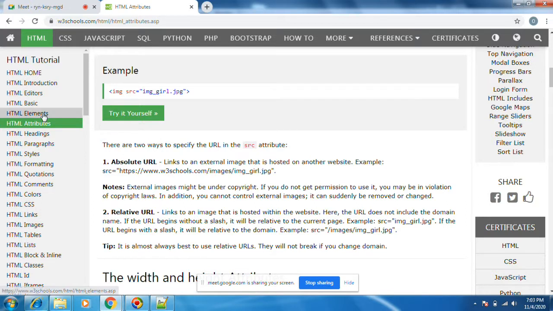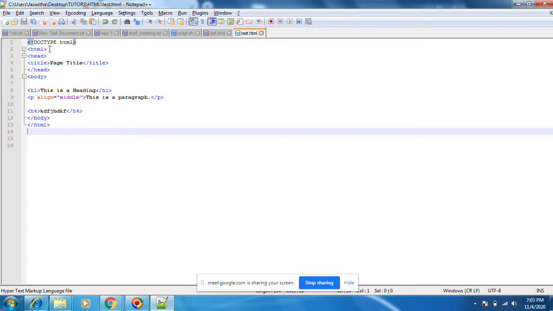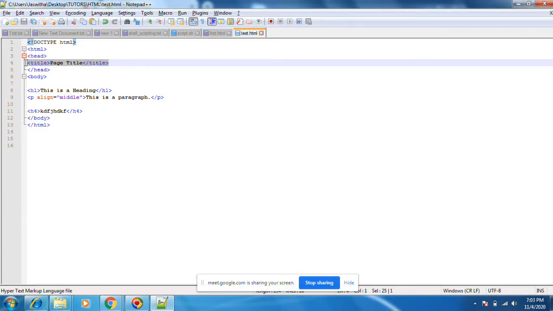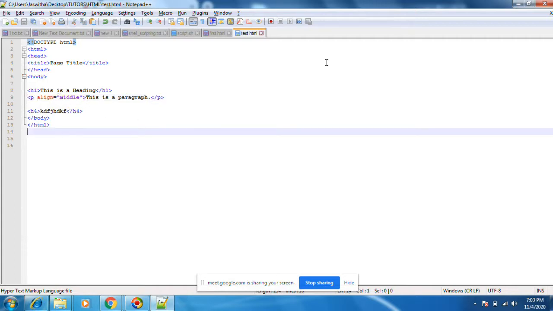Okay, elements, attributes, tags. In this place, the HTML tag will be between less than and greater than. The entire line is called an element. These things are called attributes. These are the things we need to understand before starting our actual code. These are the basic things.